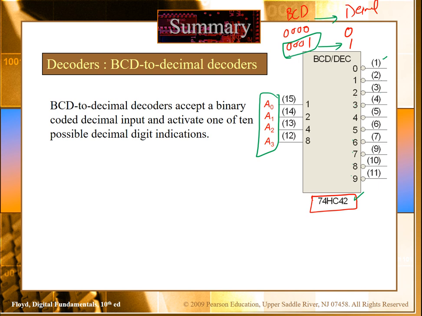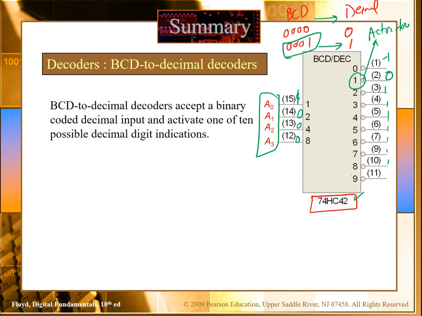For example, in the case of binary coded decimal, let's say the input is this, where this is the LSB, 1 0 0 0. It means my output is decimal 1. So this decimal pin, remember this is active low NAND, so this pin will be 0 and all other pins will be high. Depending on the input, we can get the possible output combinations.